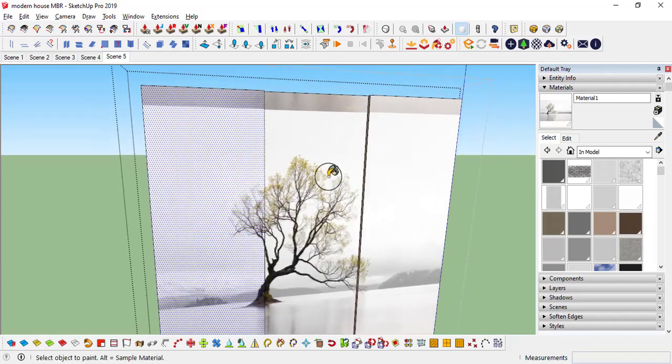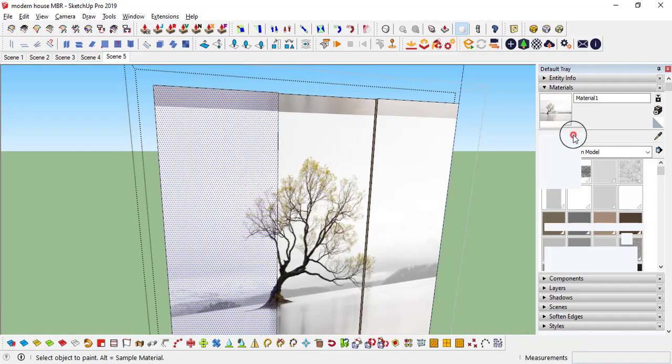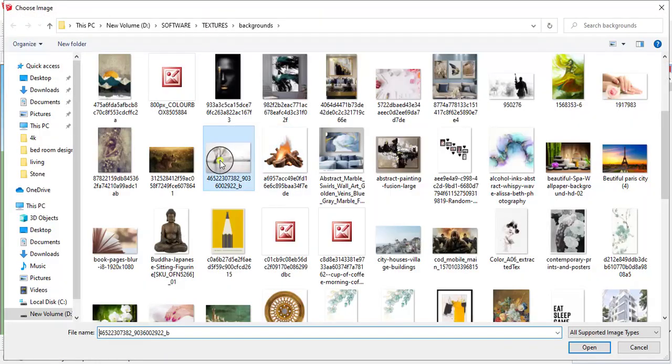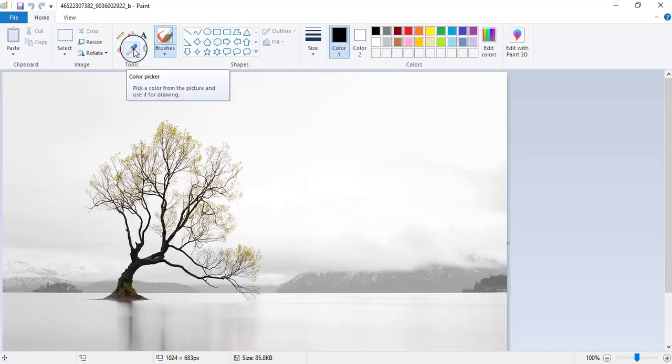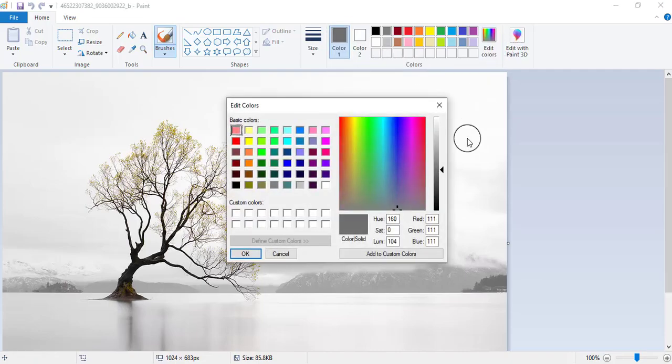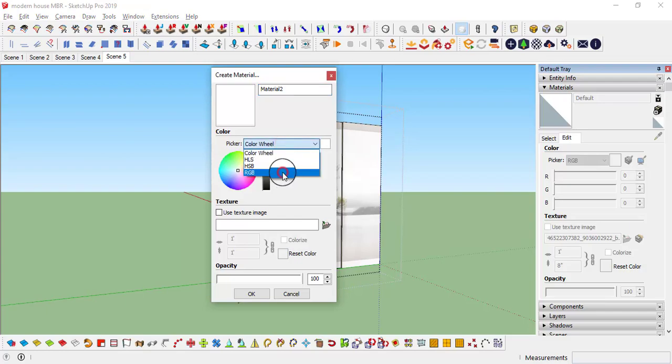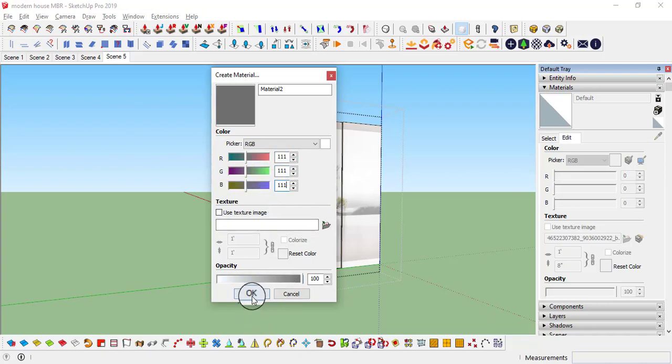this image. For that, again I will go to edit, just click over here, select that image, open with Paint. So I can sample any color with the color picker. I will sample the background. Here it is like blackishness, right? This one I am going to sample. Edit colors. Note this number. Probably it is blackish, so that's why it will be 111. New material, RGB, 111. Select this, Ctrl C, Ctrl V, and click OK.